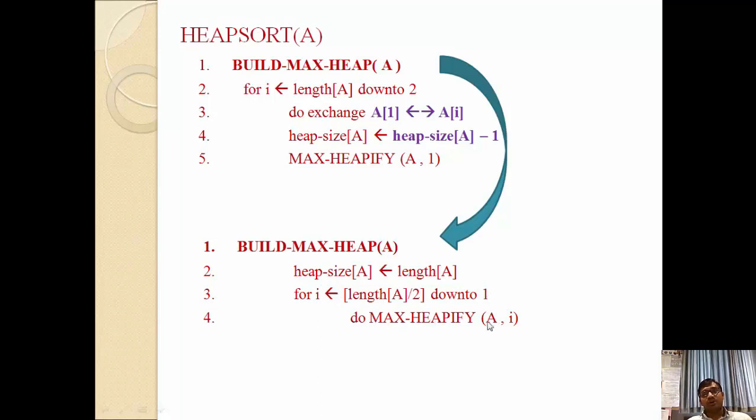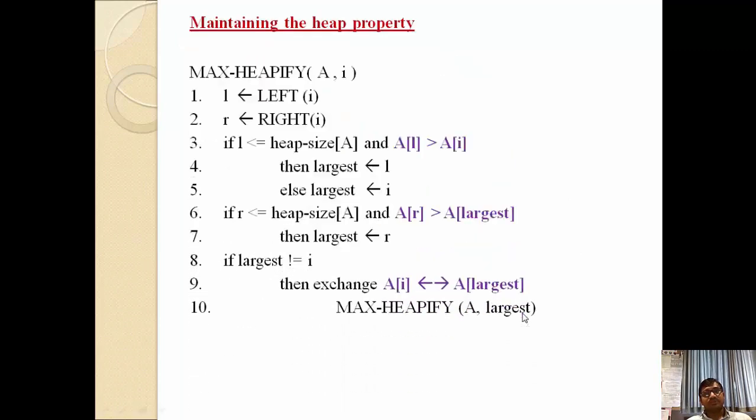Every time we need to call the max heapify function so that we can create a maximum heap, we can check that our parent node must be larger than the left as well as the right. So we'll call the max heapify function, and we are passing this particular node as an argument. So we'll call this function.